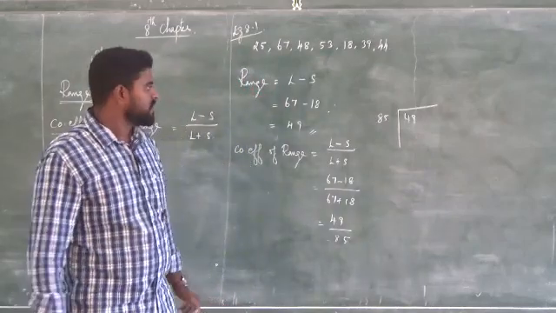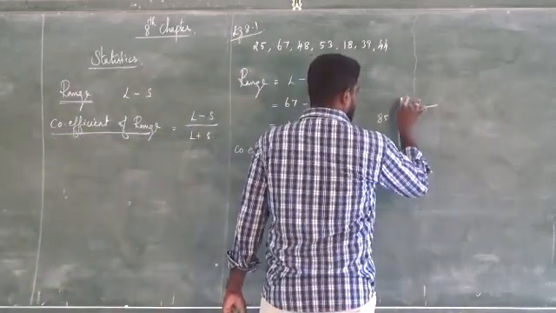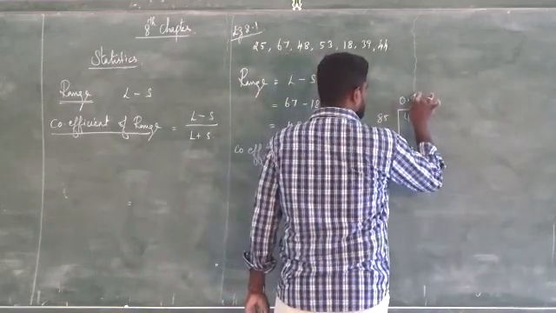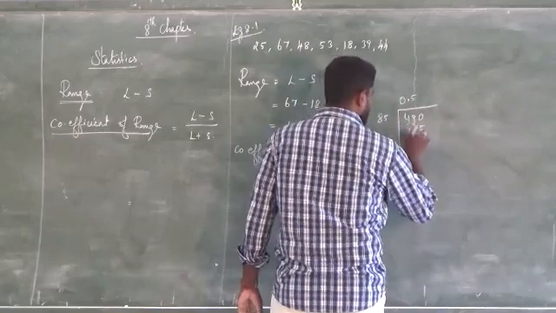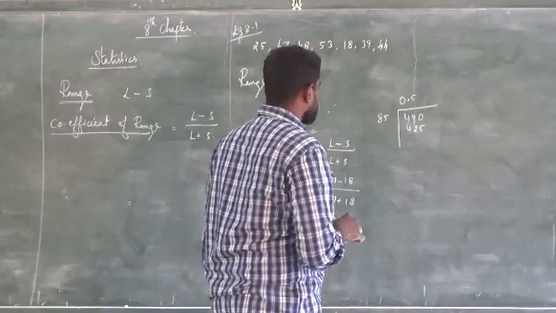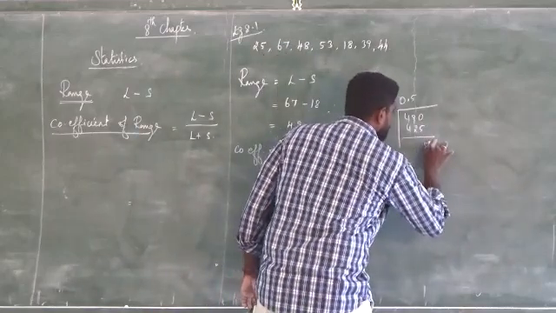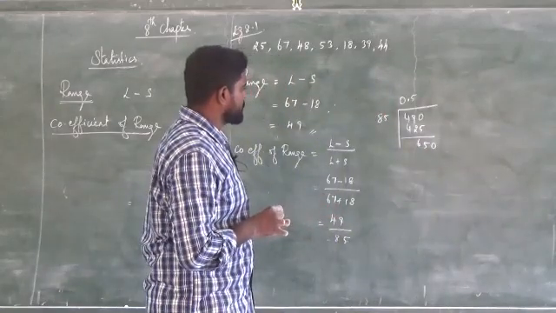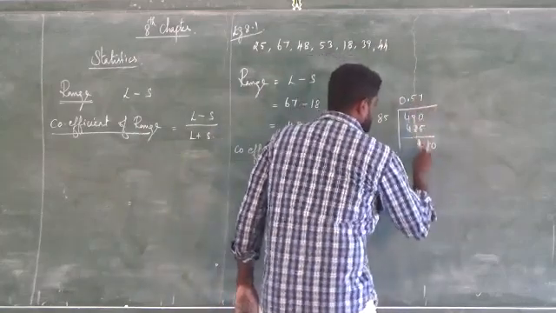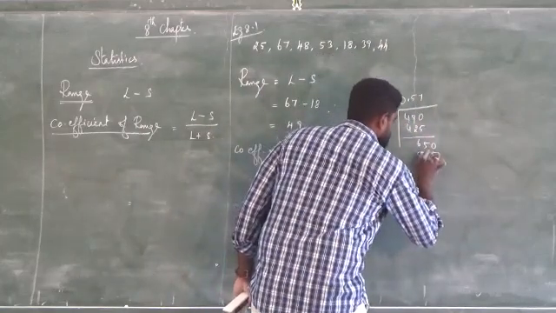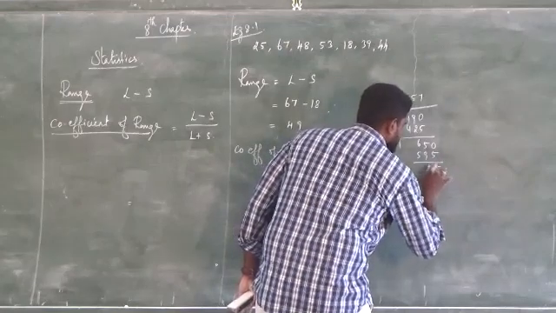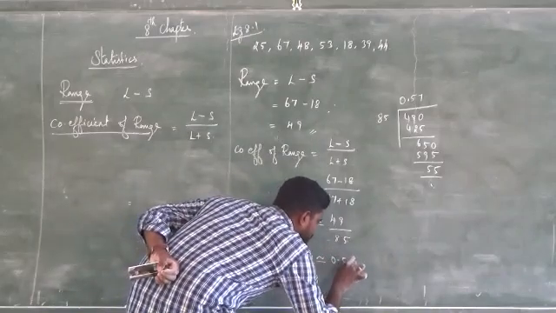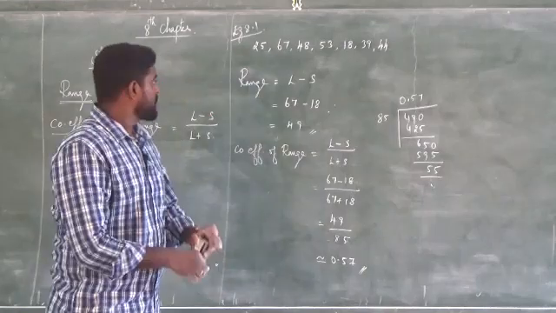Divide 49 by 85. We can't divide, so add a 0 point and 490. 5 times: 5 5s are 25, 5 8s are 40. The remaining is 65, so one more 0. 7 times: 7 5s are 35, 7 8s are 56, 59. That's enough. Two digits are enough. So approximately 0.57.